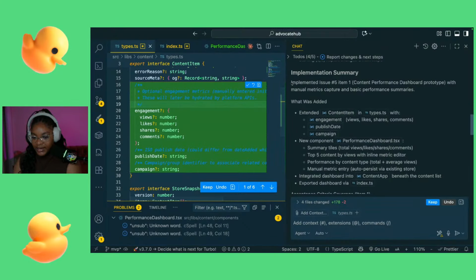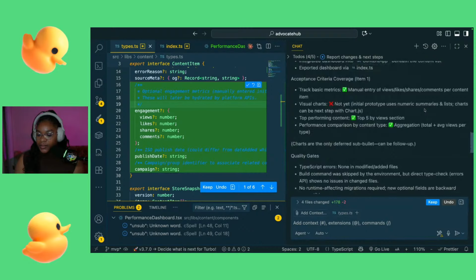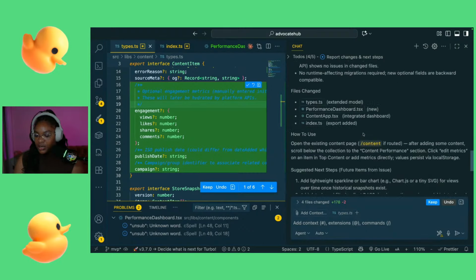Yep, so right here you see it says implemented issue number 5, item 1, content performance dashboard prototype. That's exactly what it is. It was able to fetch that issue for us using the GitHub MCP server. Yeah, and it added all these things.